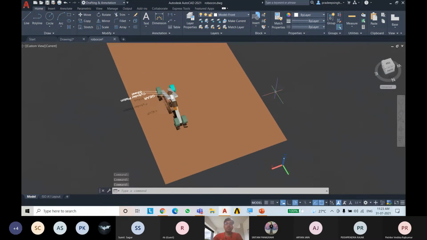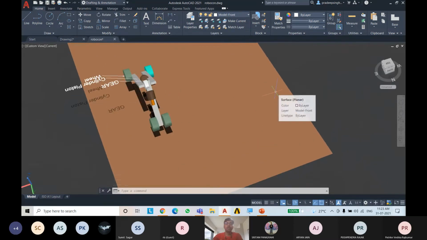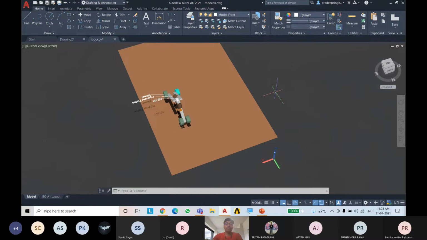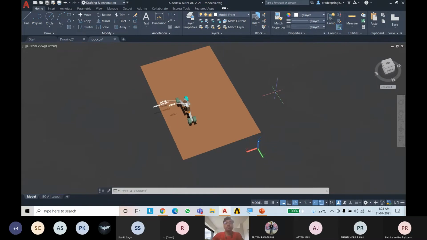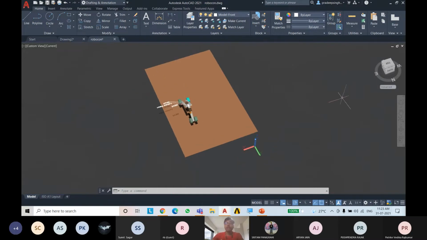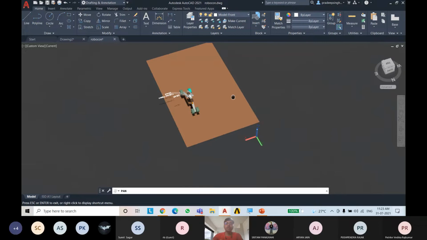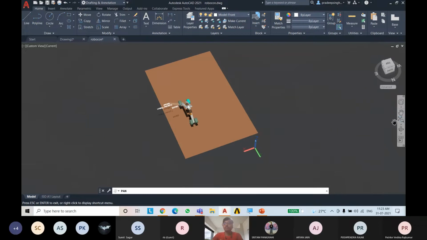You can roll the wheel forward to zoom in, and roll the wheel of the mouse backward to zoom out. And the same things can be done by navigation panels, which are situated here. You can use this pan option from here also to pan the objects and keep them anywhere.